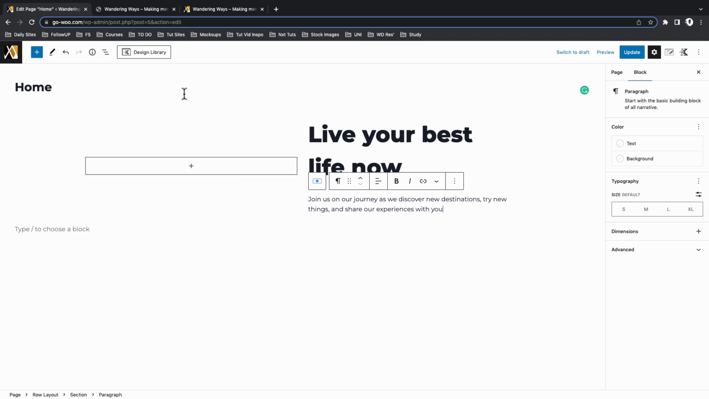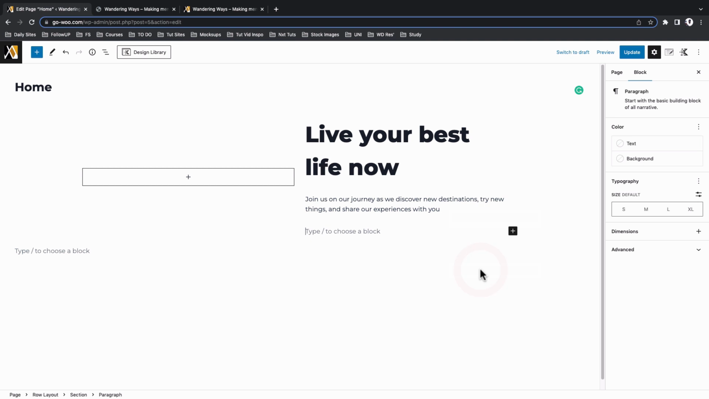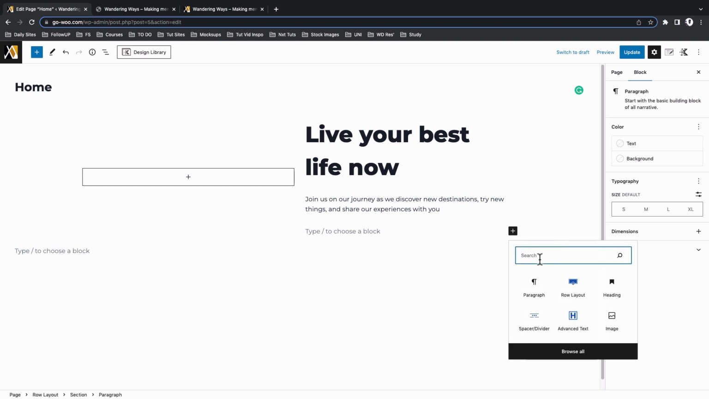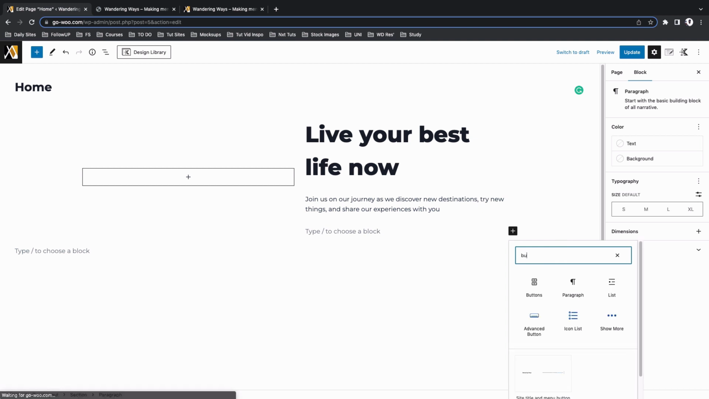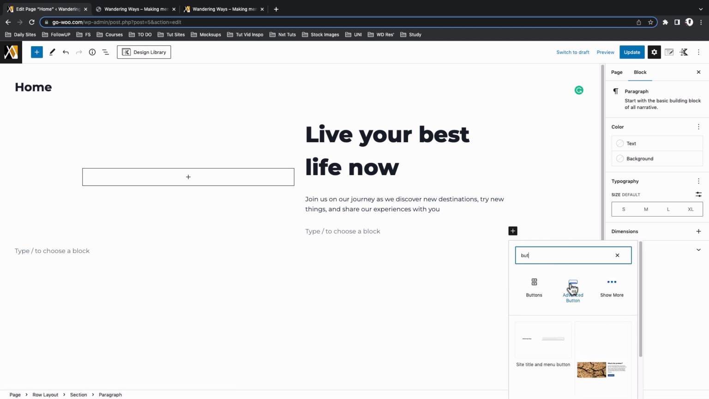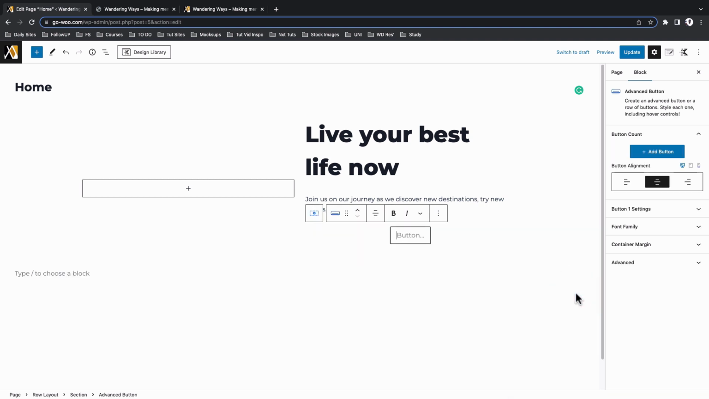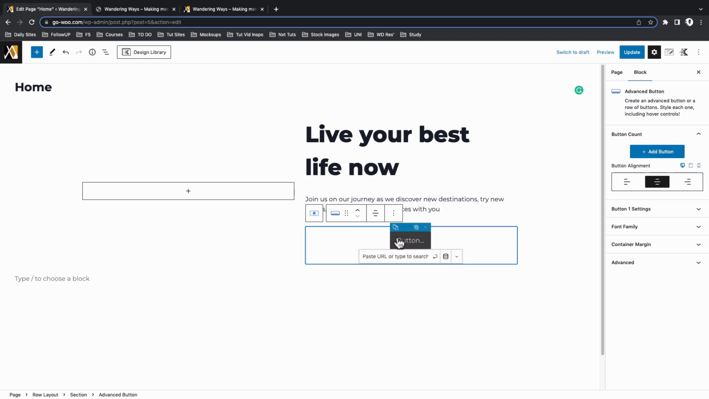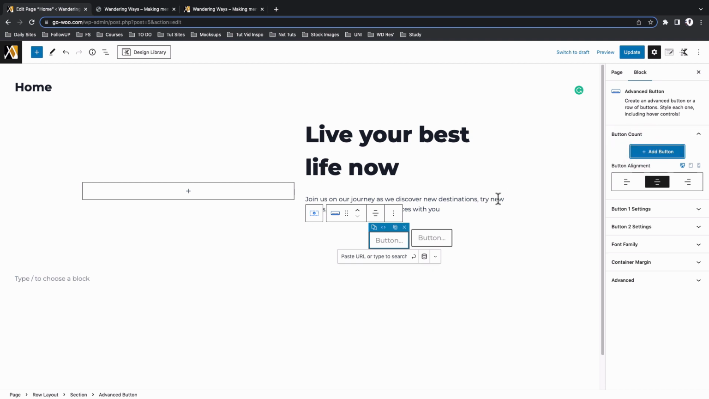Now we are going to add another, still insert after, which is going to be for our buttons. So to look up the buttons, we have to search for button, and we have this widget called advanced button. That is the widget from the Kadence blocks. And once we add that, the advanced button widget enables us to create two buttons that are adjacent to each other. So with that block selected, I can come over here to the button count and say add a button. Now we have two buttons over here, add text,